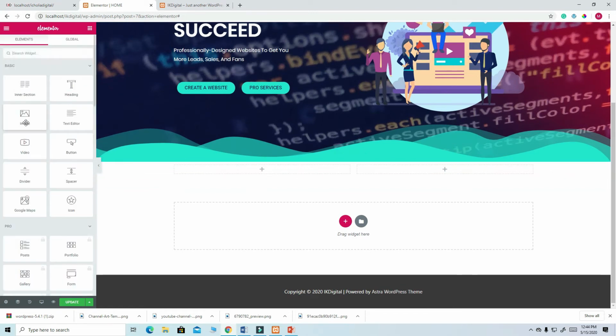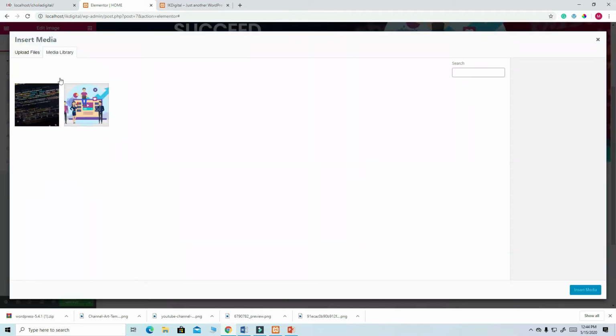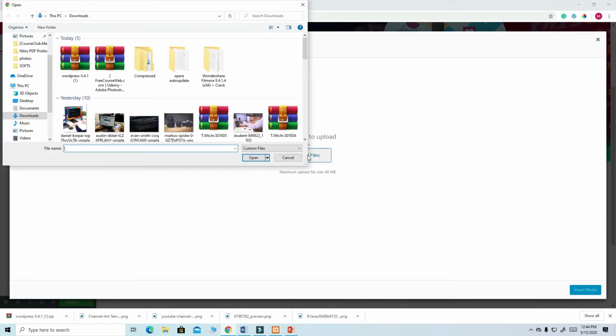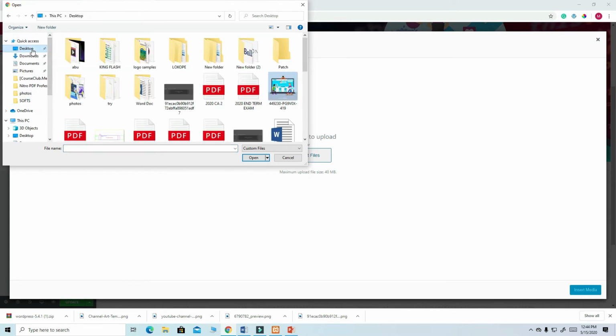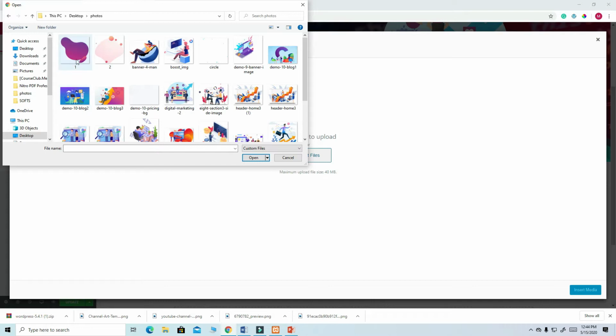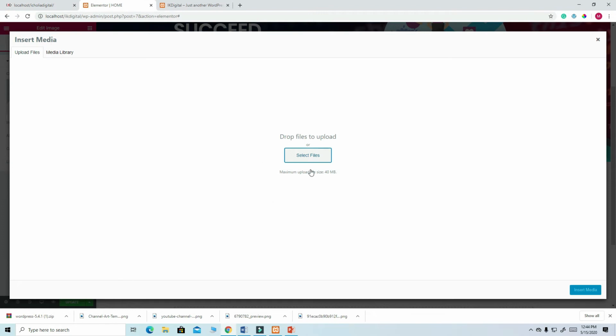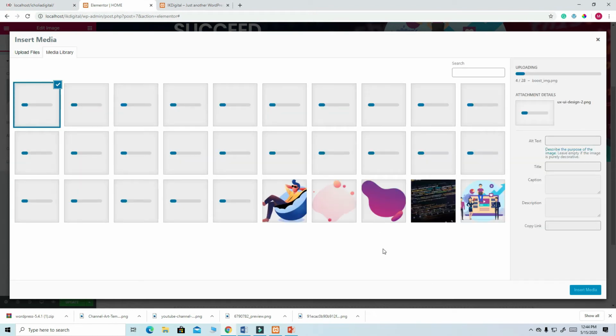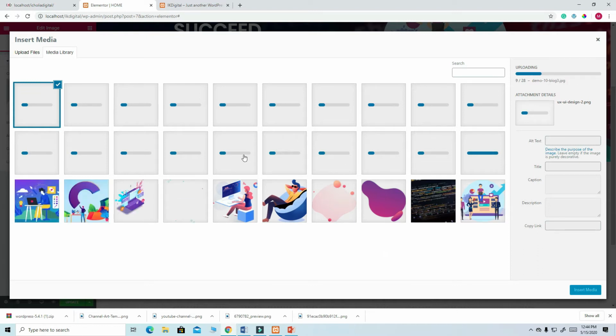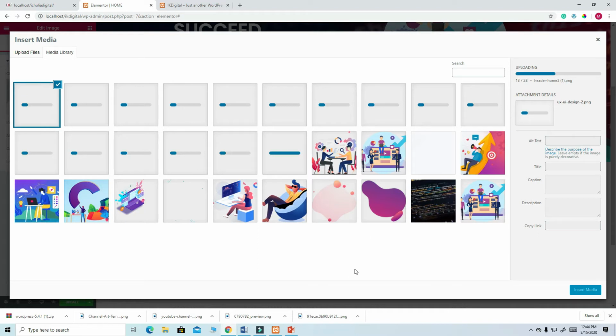So this one will be having an image, so I'll click here, and then I select the image. Sorry, I'll put the image here, then I'm going to select the image. In fact, what I will do, let me just select all my images so that it can be very simple for me to get all the images within. Okay, let's put all our images here so that it can be very simple for us. So they are still uploading. I've still uploaded inside the media library. So from here we will work